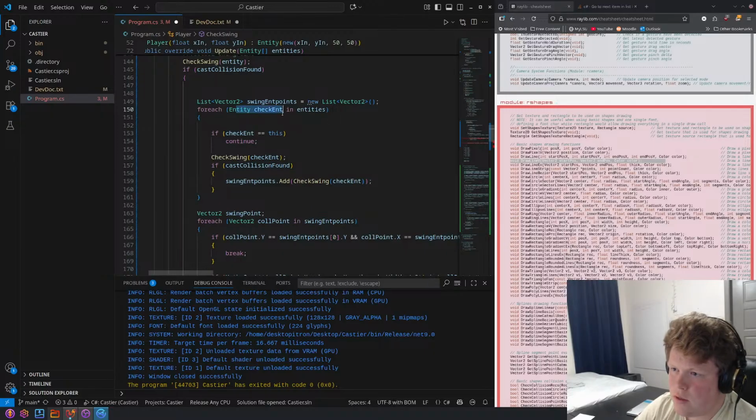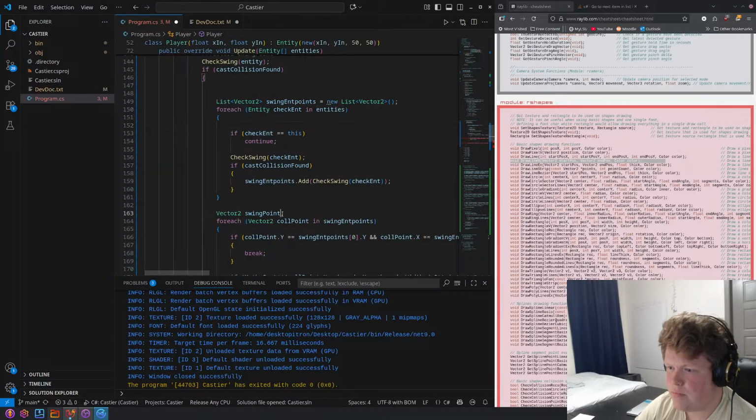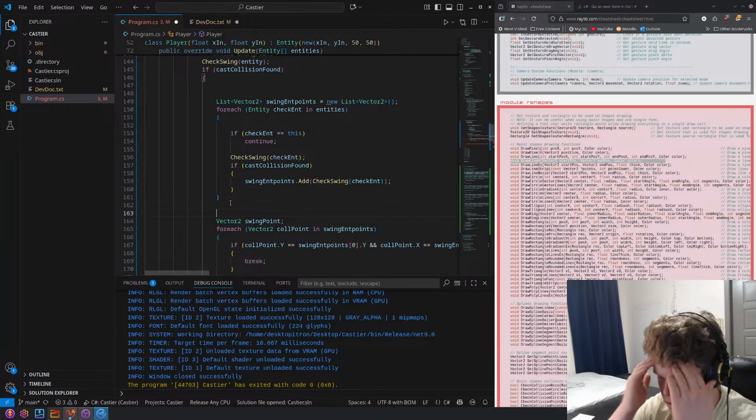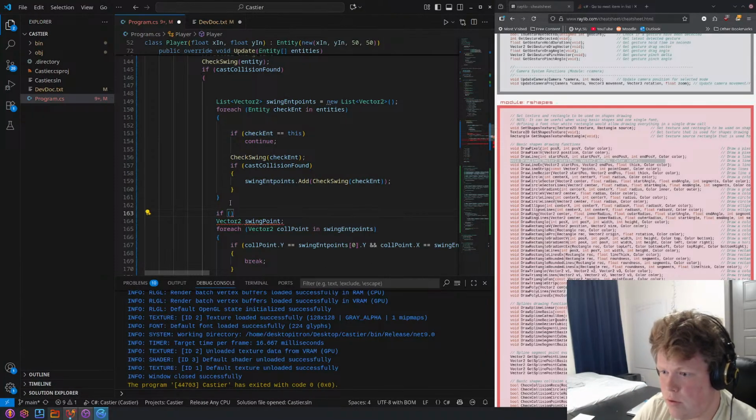If there are no entries and entities, then it should be fine. But this one will not be fine if that's the case. So I'm just gonna do if. Oh no, I have to do the full structure. If, and I have to do it wrong again for consistency's sake. If check ent or swing